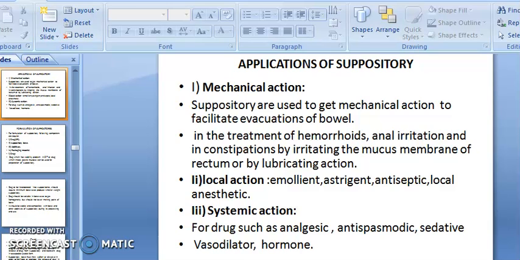Then systemic action, for drugs such as analgesic, antispasmodic, sedative, vasodilator or hormones. These are the suppository